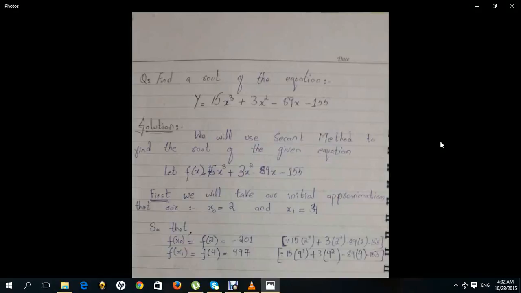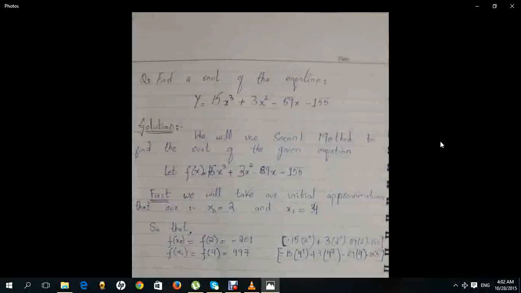There is a drawback and an advantage of this method. The advantage is that in the secant method, the rate of convergence is 1.6, which is faster than that of the method of false position. But its drawback is that at any iteration, the method may fail to converge to the root. Instead, it may diverge. We will see an example of how to find a root by using the secant method.